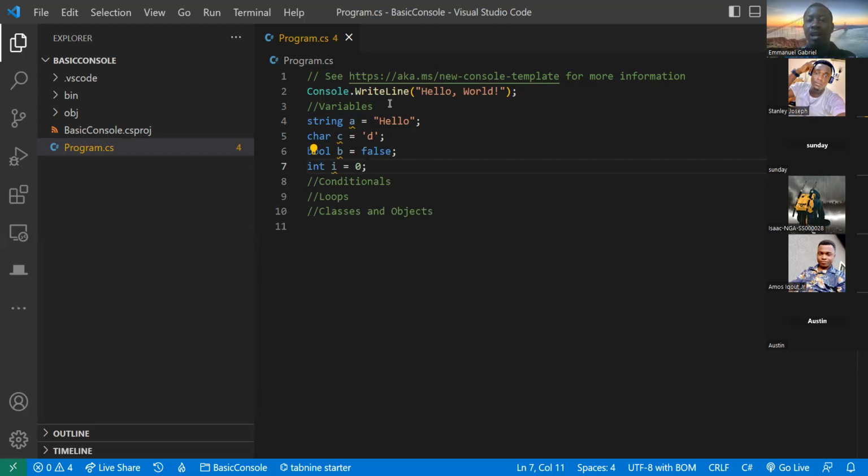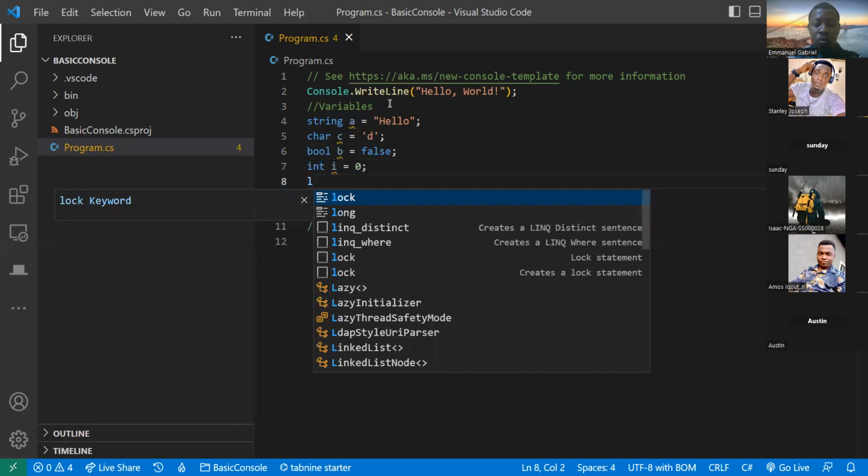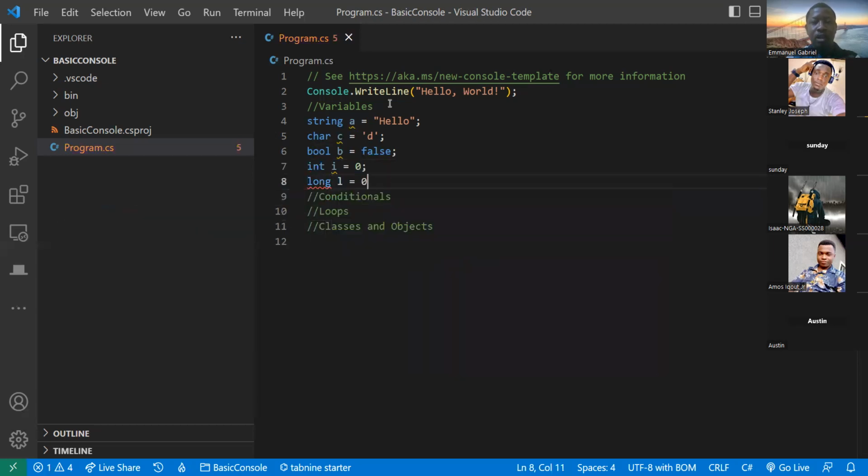And then, there's a limit for what an int can save in C#. So you have something like long, which is like int, but you're able to store more values in it than integers can store. So you have like a 25 liters bucket, and then a 50 liters bucket, right? So it's more or less saying integers are a 25 liters bucket, and longs are a 50 liters bucket. That gives you access to more space, right? You might want to look that up on the documentation